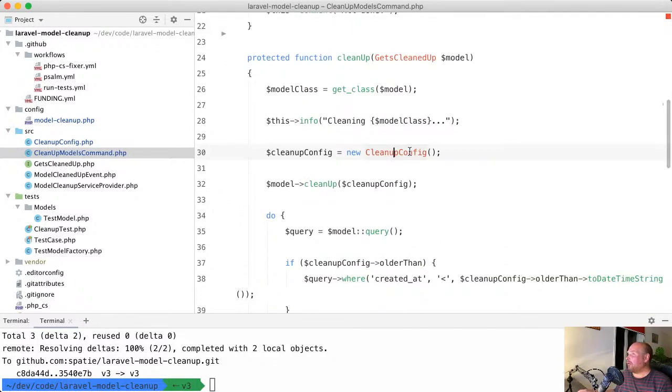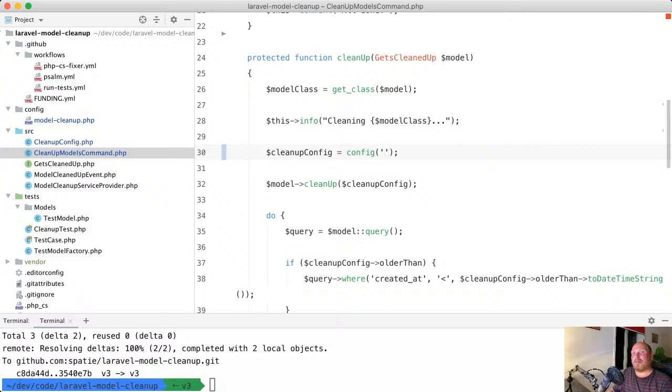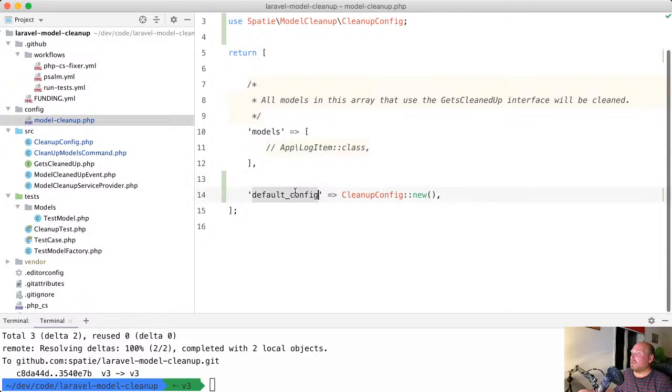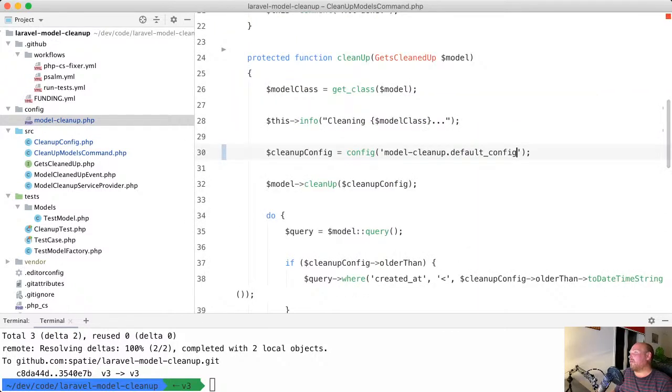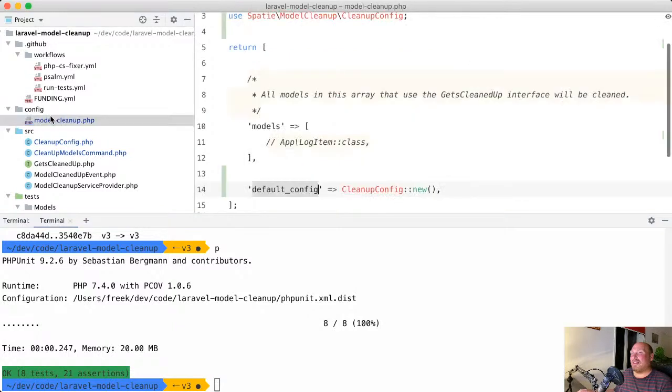And here we do a new cleanup config, right? I think we can just use the one from the config. Use model cleanup, and just use the default config. And I guess all our tests should now pass. Yeah. And I think if I do something here now,